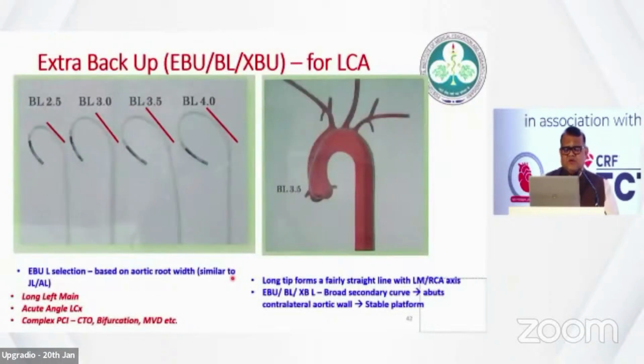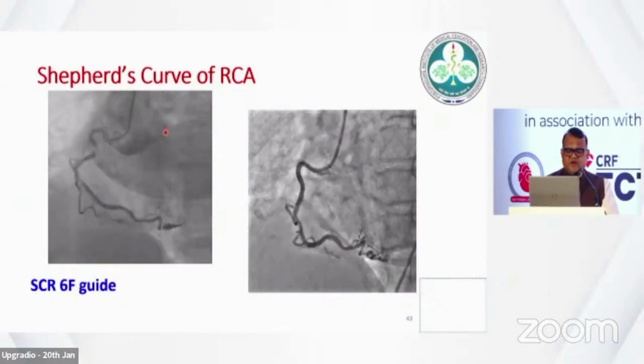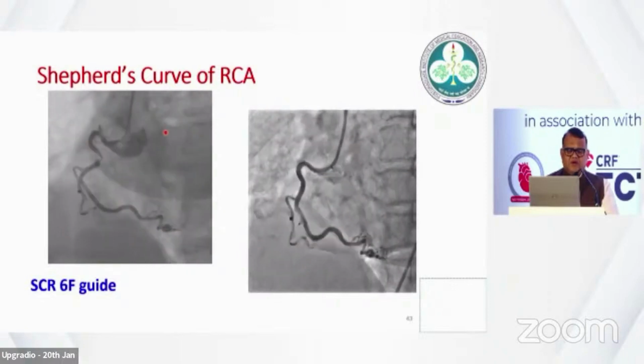EBU guide catheter is commonly used for the left coronary system. Depending on the secondary curve length, it can be defined as 2.5 to 4. And as per the aortic dilatation, the bigger size of EBU guide has to be used for the complex left coronary PCI. This is the Shepherd Cook, where the SCR guide from Medtronic was used to have the PCI